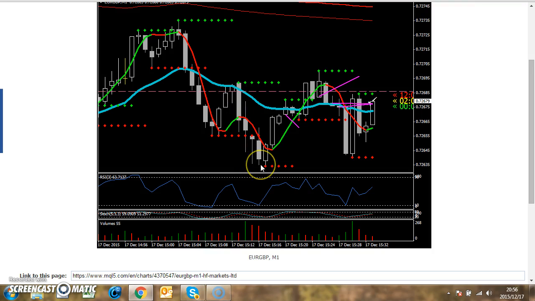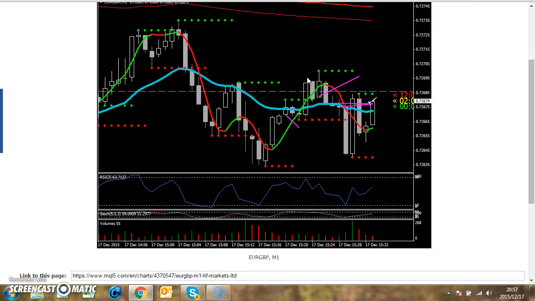Then price came down, and I have one more shot to see if we can get a low 2. If we can get a low 3 or 4, it's even better. And if I can get it above the moving average, this is the ultimate. Now look at this. Bears went all the way up. There's a bear bar. That bear bar went lower than the bull bar, so I have a low 1. Then the same story, even as the price went up.